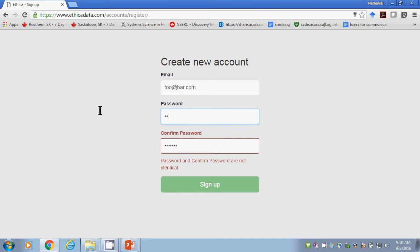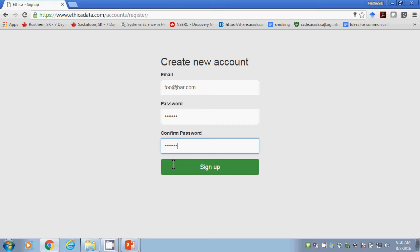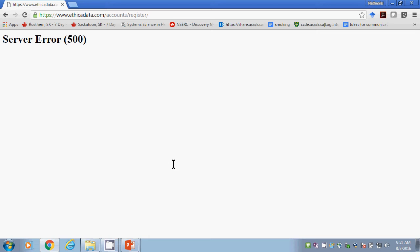Okay, and I'm going to say sign up, and a most unpleasant thing will happen, and this is the blemish, and it's a blemish that looks more distressing than it actually is. Okay, so we're going to say sign up, and this is what we get. Okay, which doesn't look that encouraging, but in fact the account has been created. Trust me,